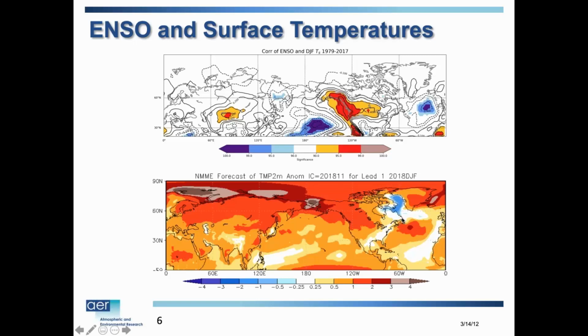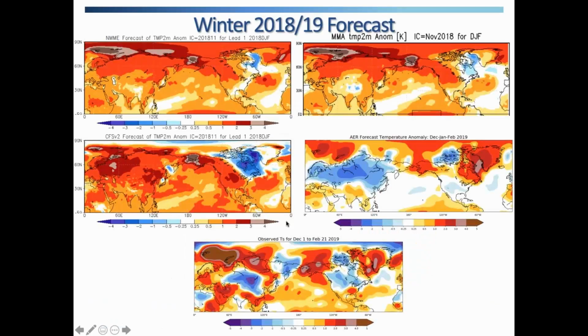Certainly the warm northwest North America, cooler, more like normal here in the southeast, and then maybe some warming in Eurasia. But outside North America, you really get into just a global warming signal where it's warm everywhere. And here are more dynamical models. Here's that again, the North American Multi-Model Ensemble. Very, very good consistency among the models. Here are your European models mostly. Here's the CFS, NOAA's model.